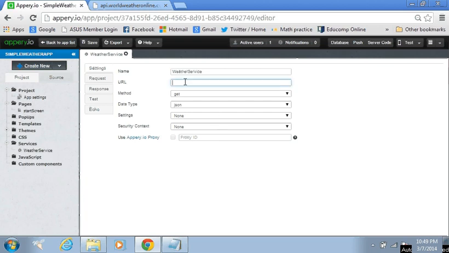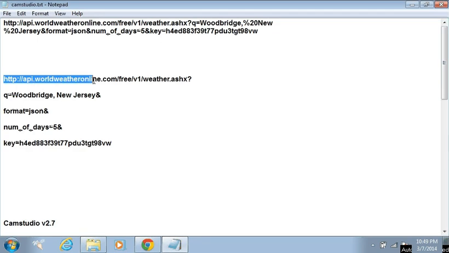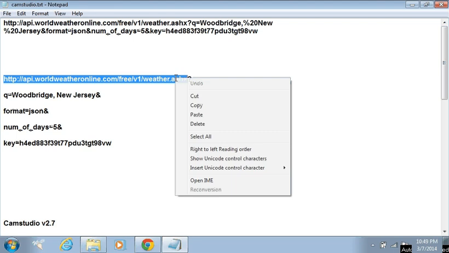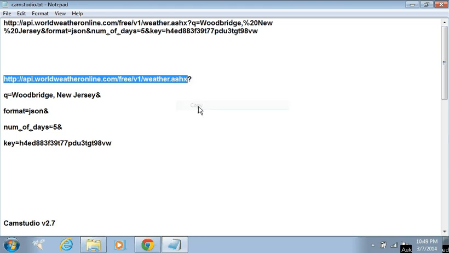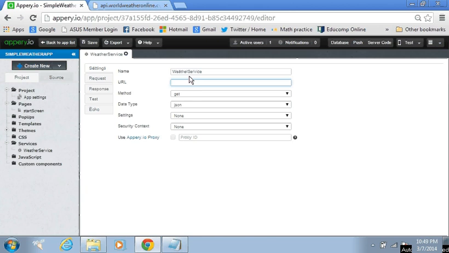Now this weather service will ask us for a URL. We'll specify the basic URL of the backend weather online service. I'll just copy the base URL, come back here and paste this in. Then there's a method; of course, we'll be invoking the GET method. The data type we can choose as JSON-P just to be on the safer side. I won't explain the difference between JSON and JSON-P right now. For the time being, just accept that JSON-P is probably a better choice. So let's go with that. So there goes the URL.